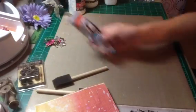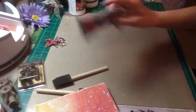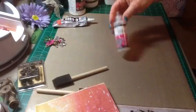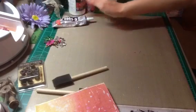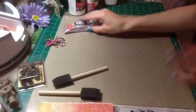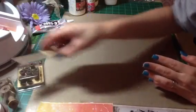E6000, definite must. Or a hot glue gun. I think this works a lot better. Glossy Accents, you're going to need, or E6000, whichever one you prefer. I use E6000. Okay, so I already did start on this canvas that I want to do a tutorial on